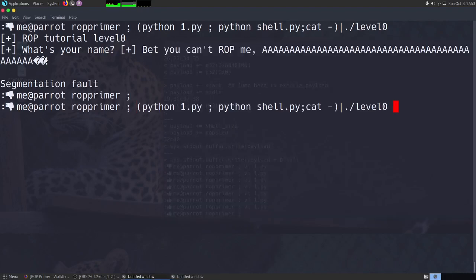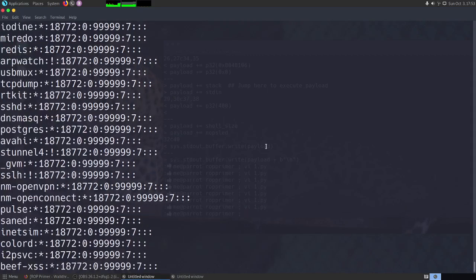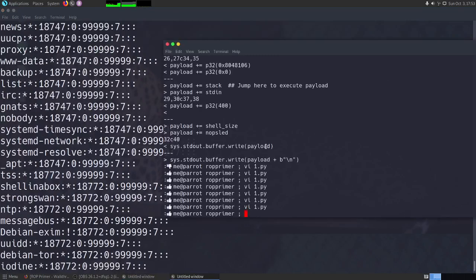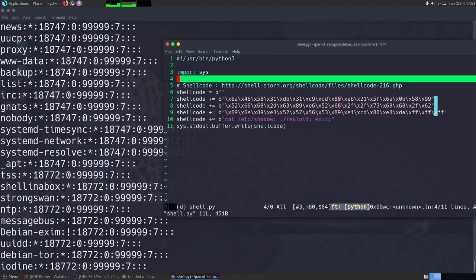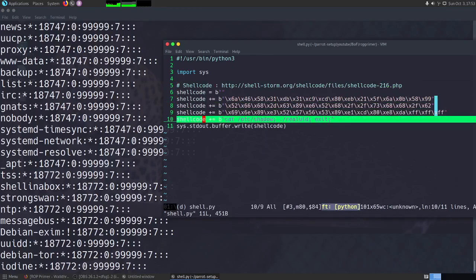So let's do this and then execute this again, and bingo. Now we get this output. If you remember, our shell.py does a setuid 0, setgid 0, then does a cat of /etc/shadow, then executes ./real_uid, and then executes exit.